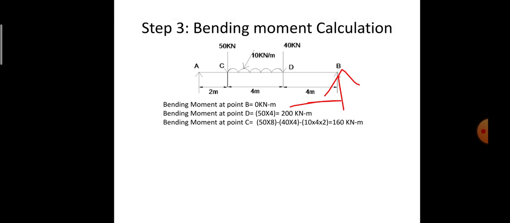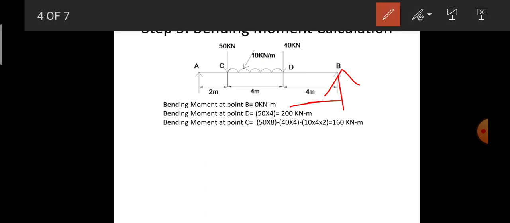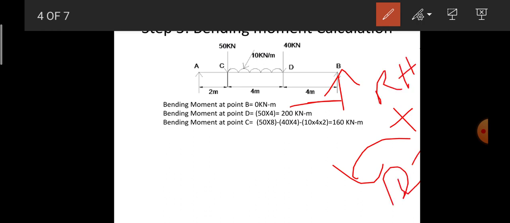Next is the bending moment at point C. Previous to point C we have two points, point D and point B. I start from point B. So it is RB into the distance between C and B, therefore RB into 8. It is acting in anti-clockwise direction. I represent here that anti-clockwise moments are considered positive, whereas clockwise moments are considered negative from the right hand side direction. So from the right hand side I start from point B. The force is RB and the perpendicular distance is 8 meter.